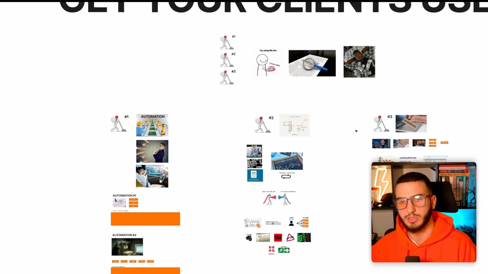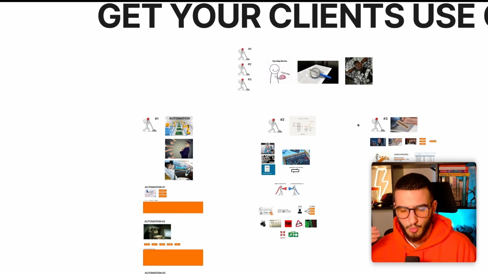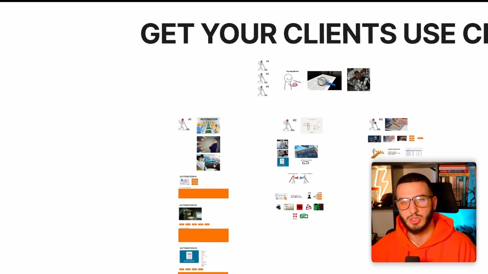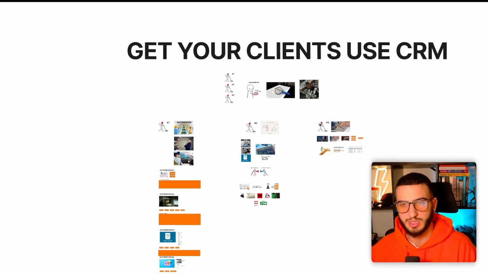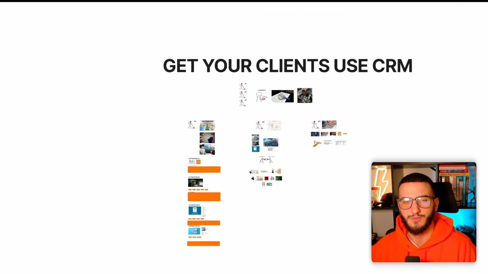So guys, those are 3 simple ways you can get your clients to actually use your CRM. These are the same levers that we pull for our clients who are 7-figure agencies doing all the way up to 300K a month, because we are very, very incentivized to get clients to use the CRM, because that's what we use to track their sales data, and that's what we use to predict churn. So a big part of that is making sure clients are updating the CRM on a regular basis. And what I'm showing you today is 3 levels that you can pull with 4 different automations you can set up to make your life a lot easier and get your clients to actually use your CRM